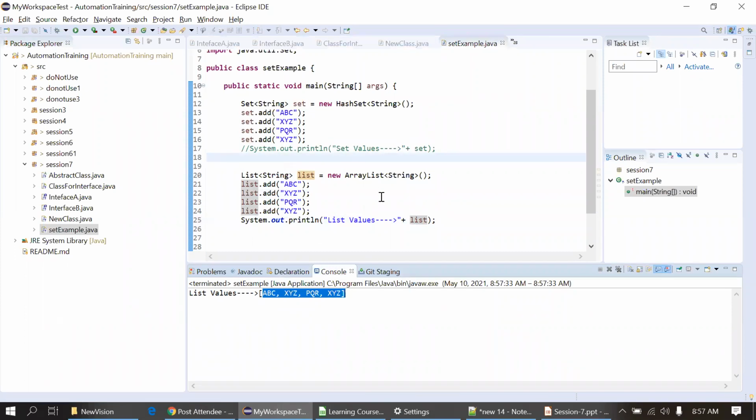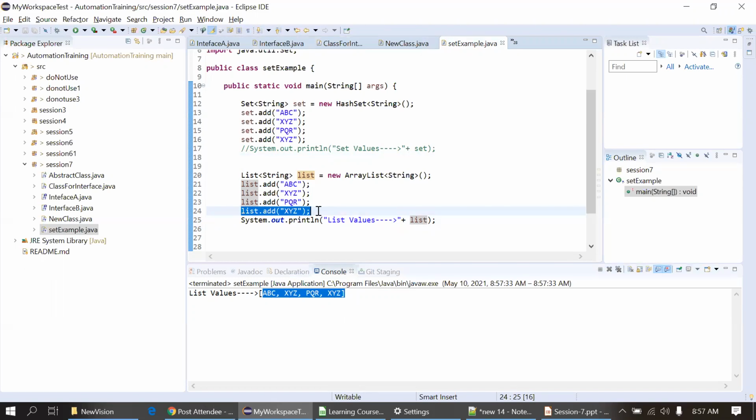Okay, and actually in array list there is no limitation. We can add as much as we want. If you compare with the array, there is a limitation. We have to define the size at the definition when we are defining the array. But in the array list there is no such restriction. So you have to remember this. I'm just again commenting this.